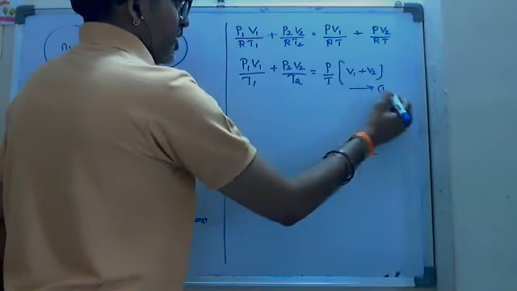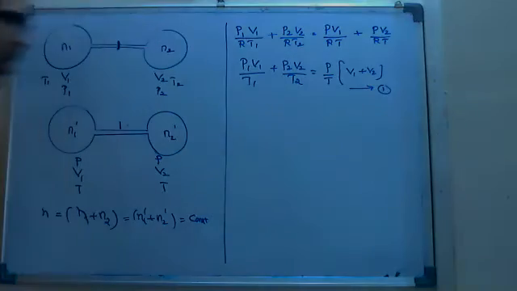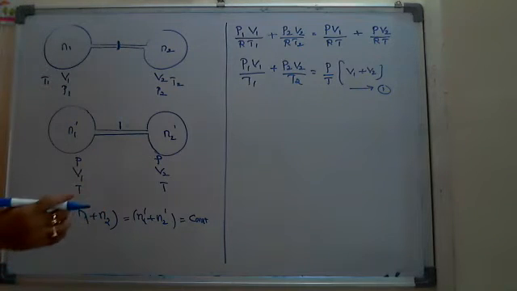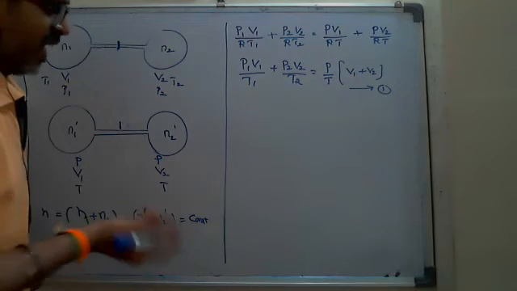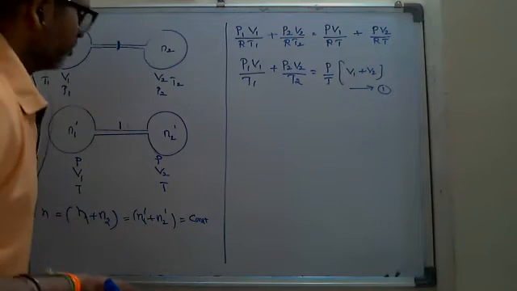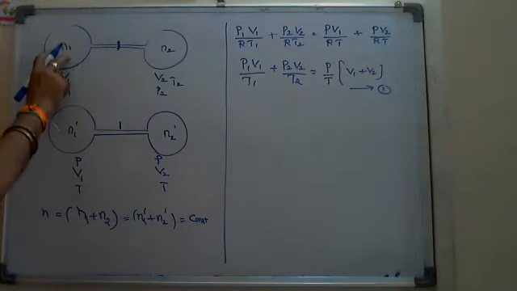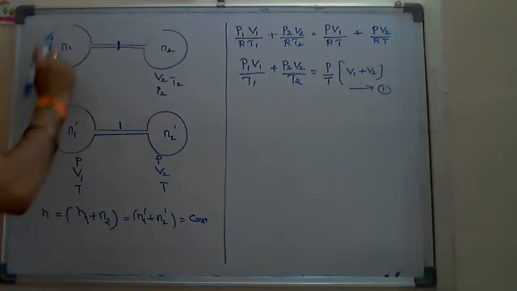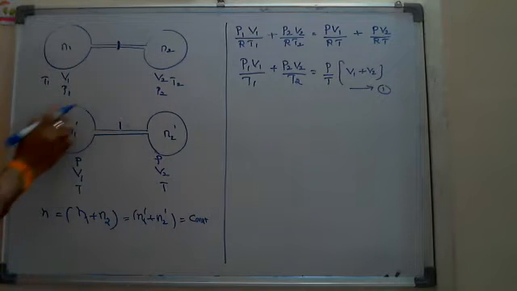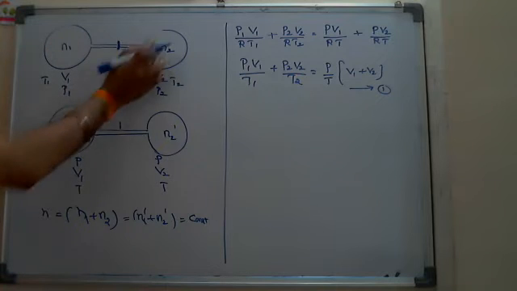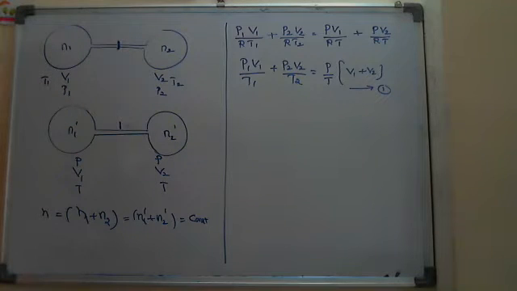So here the problem is I am finding two unknowns, not one unknown. Pressure and temperature, common pressure and common temperature after opening the valve. So I require a second equation. That second equation: here the gas is flowing from one to the other. While flowing, the volume of the gas in the first bulb or second bulb remains the same.